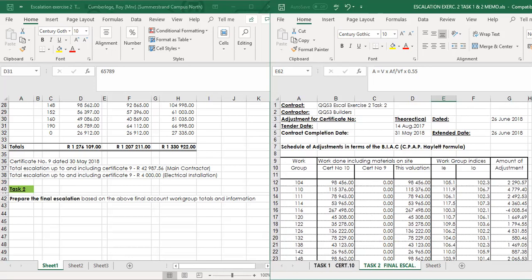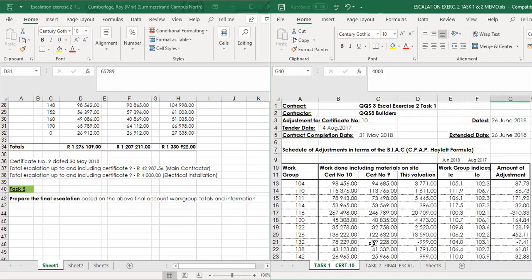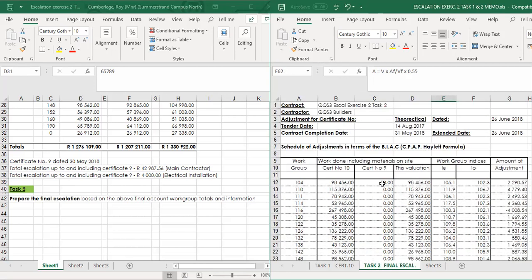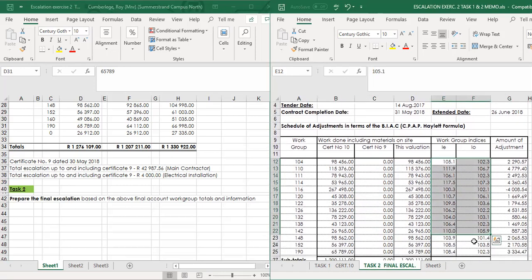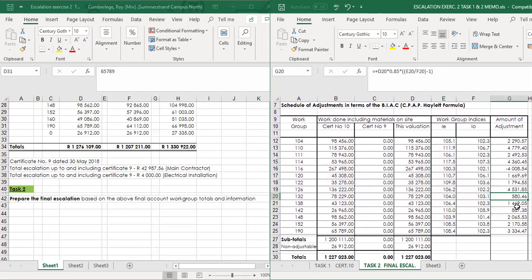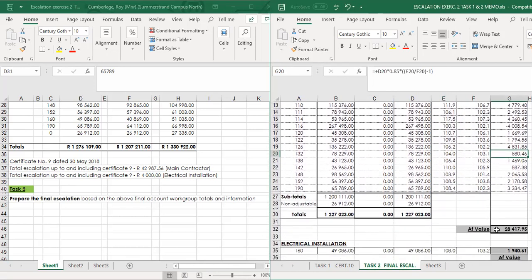So if we go back to certificate number 10, which was your certificate at practical completion, you're going to reproduce this certificate, except the previous totals will all be 0. You apply the same indices that you've used for certificate number 10 at practical completion. Apply the Haylett formula, and therefore you get a